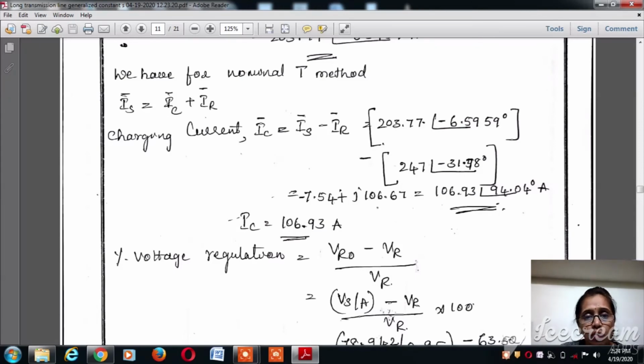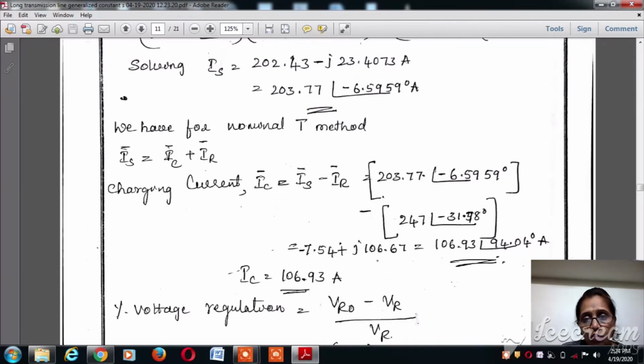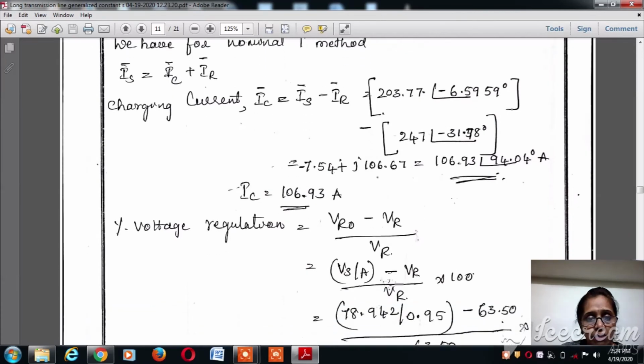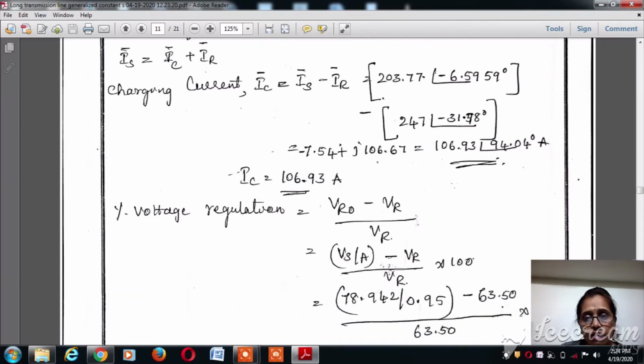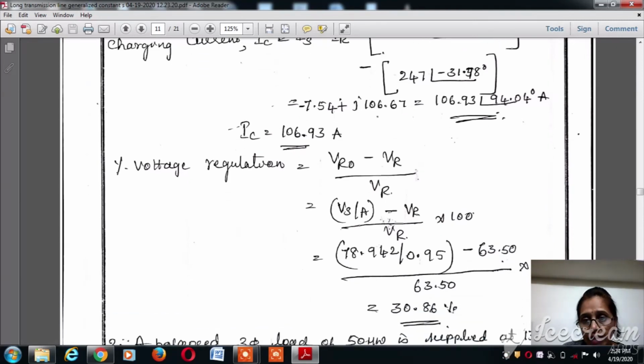So now Is minus IR is nothing but equal to 203.77 at an angle minus 6.5959 minus IR, the current flowing through the receiving end, that is 247 at an angle minus 31.78. Substitute this, we will get Ic is equal to 106.93 at an angle 94.04 degree amperes. By magnitude, Ic is equal to